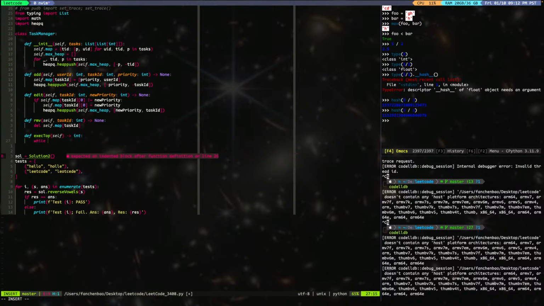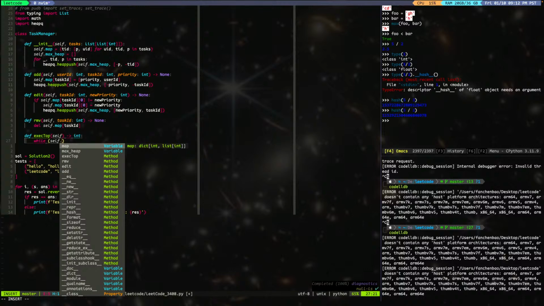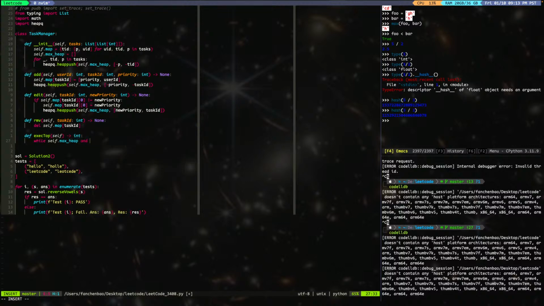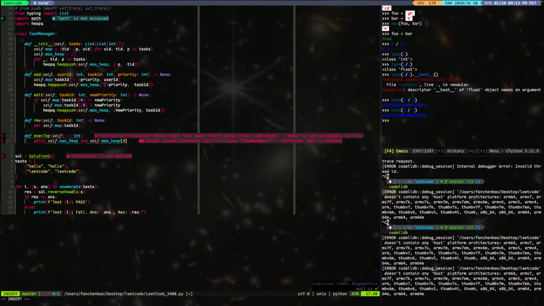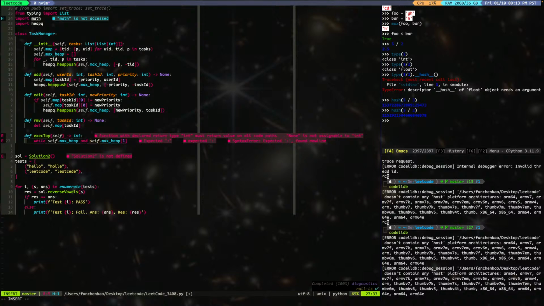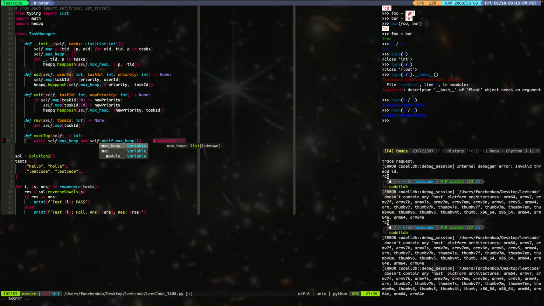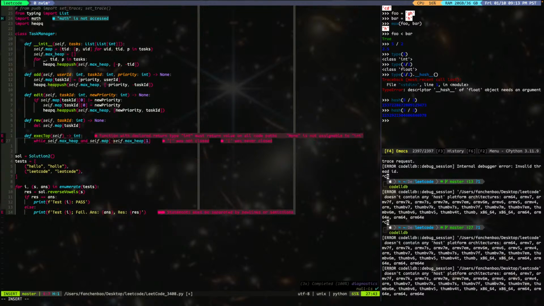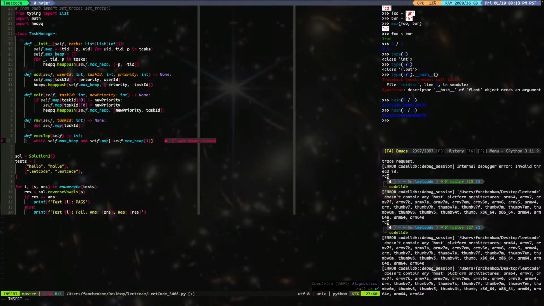Execution. While self.max_heap, right, and self.max_heap 0 is your priority, now 1 is your task ID, right? 1 is your task ID, so self.map. Okay, this thing, but it needs to be negative, right? If what is the map? The map priority is 0. Okay. If this is not equal to